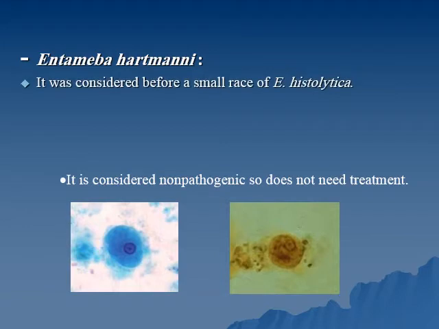Entamoeba hartmanni was considered before a small race of Entamoeba histolytica. They were calling them magniform and minutiform. The magniform is the pathogenic Entamoeba histolytica, and the minutiform is the non-pathogenic Entamoeba histolytica, which is lumen-dwelling and never